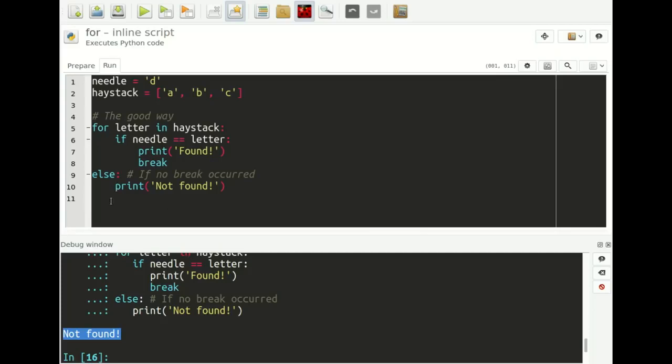So the bottom line is, if you want to do something at the end of a loop, only if the loop was completely finished, and this happens quite a lot, then you should use the else statement in combination with a for loop. So you should think of else as "if no break occurred." That's a very convenient trick to know. Okay, so let's move on to trick number 6,